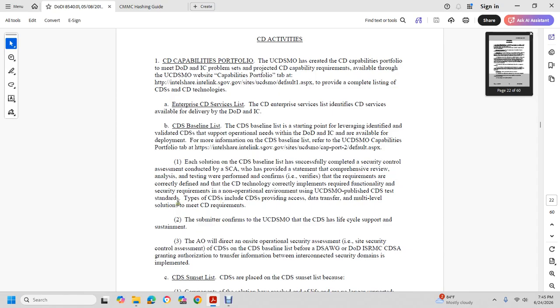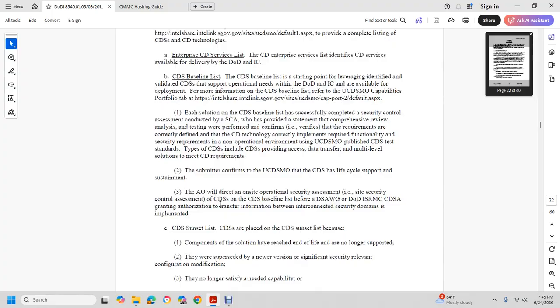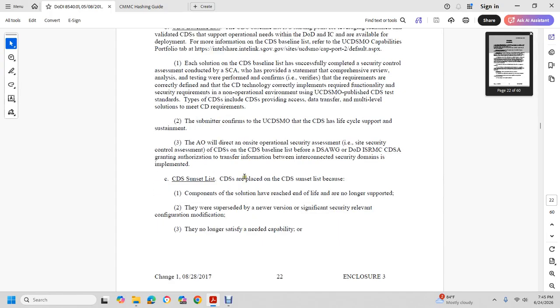data transfer, multi-level solution, cross-domain requirements. The submitted list confirms the cross-domain solution MO cross-domain solution lifecycle support as a statement authorizing officer for the director, on-site operational security assessment, site security assessment, cross-domain solution, defensive security accreditation work group, DoD ISRMC, cross-domain solution grant authorization for information between interconnected security domains implemented. Cross-domain solution sunset: a cross-domain solution is sunset because